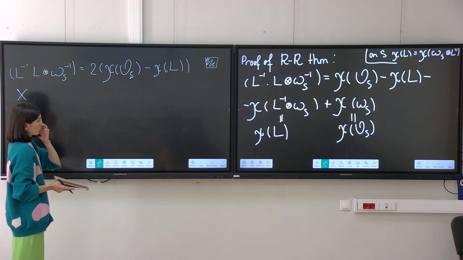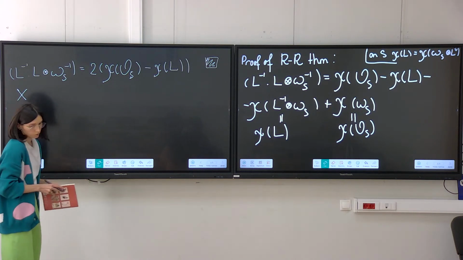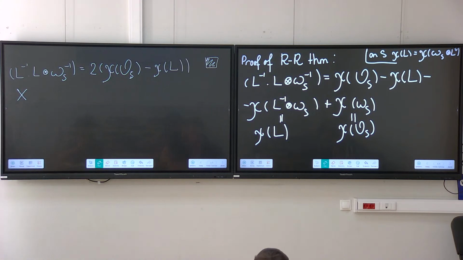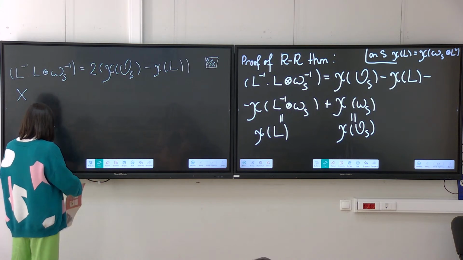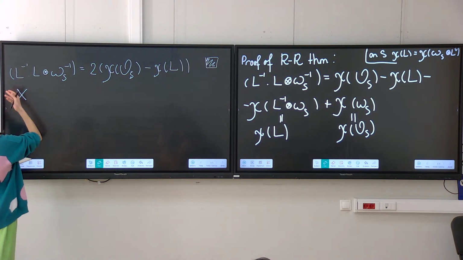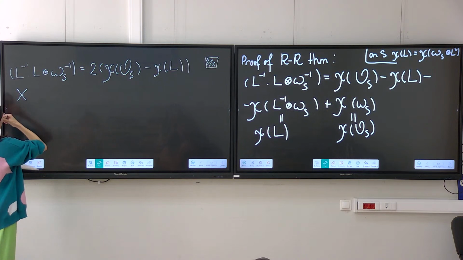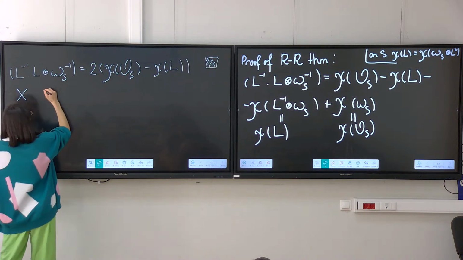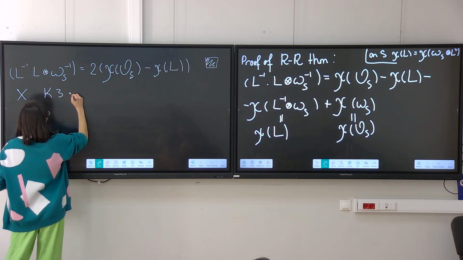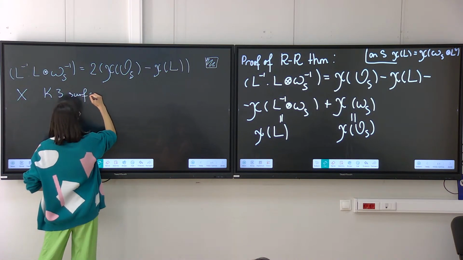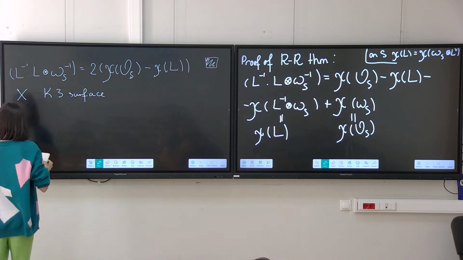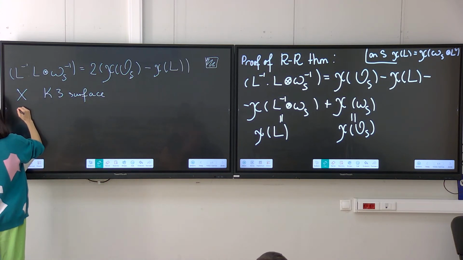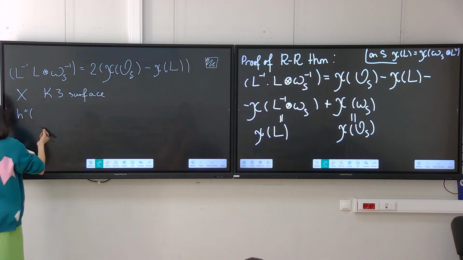The Riemann-Roch theorem works for any smooth surface, not just for K3 surfaces, and the other two properties also work for any surface. And now, what does all this give us in the case when X is a K3 surface? First of all, just by definition, we have that